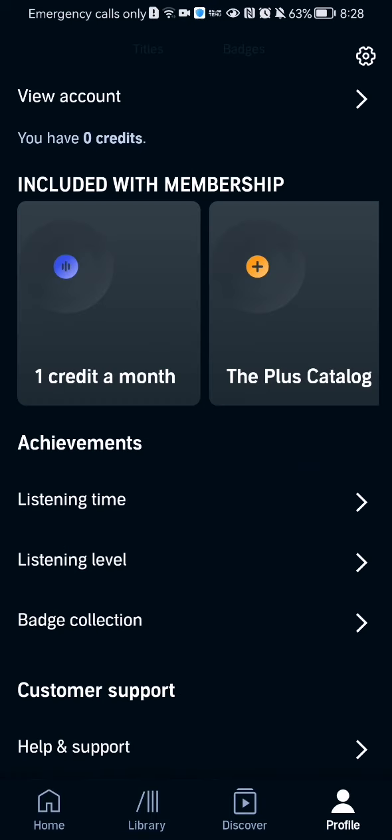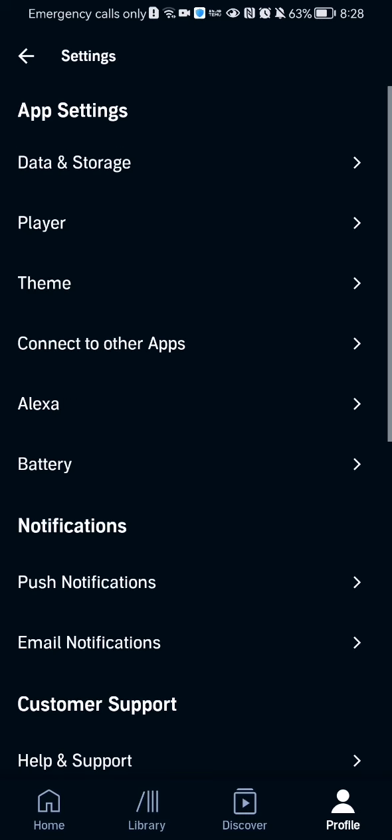Press on it. And in this page you should look at the top of your right corner and you will see there the settings symbol. Press on that as well. And once you're done with that, you will see here under the app settings section the third option, which is